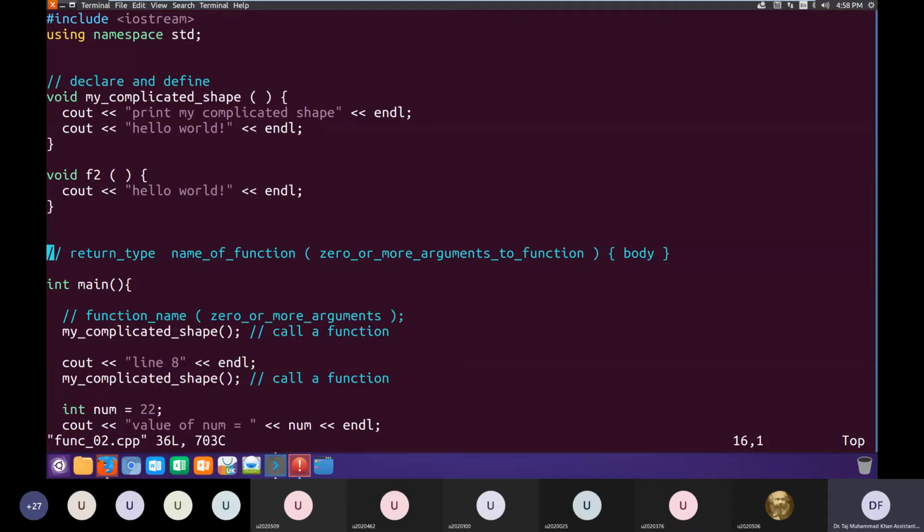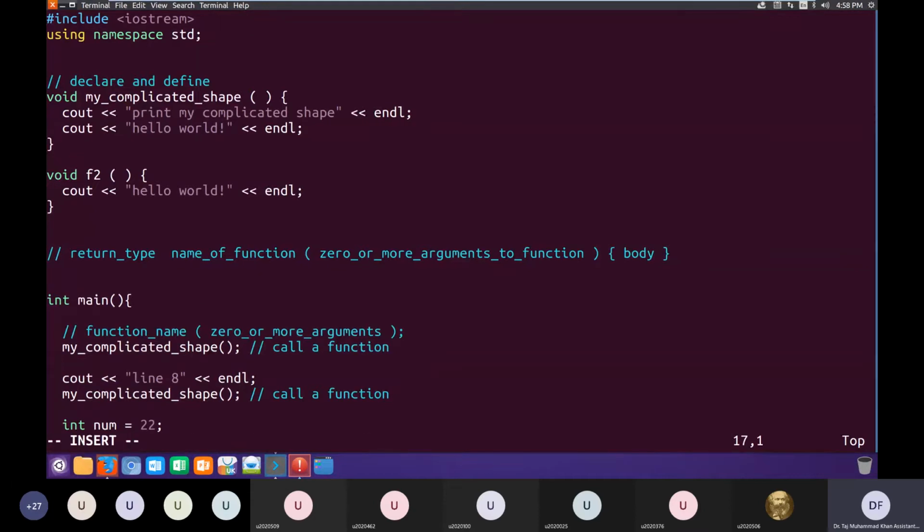So we have to make a function that adds two numbers. Whenever we want to use that function, we'll give it two numbers to add. It will add those two numbers and return us the result.